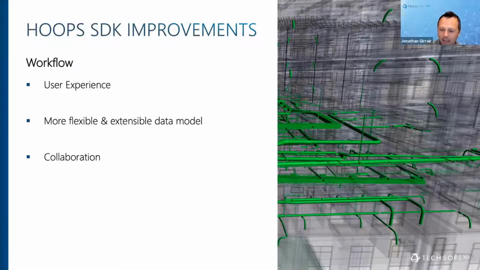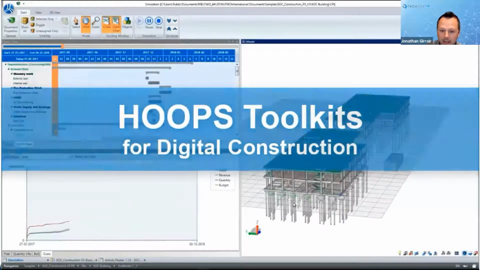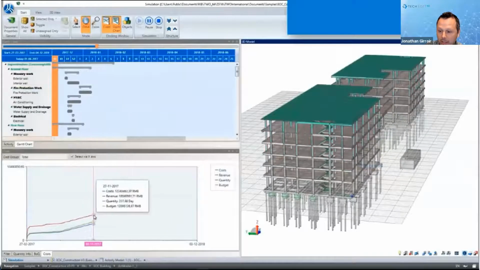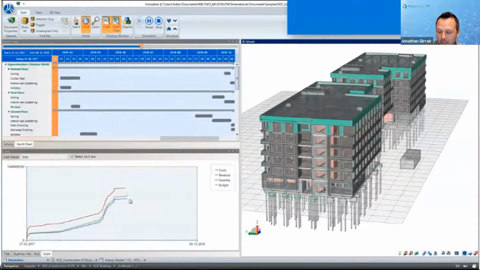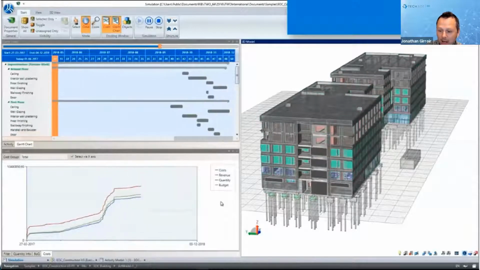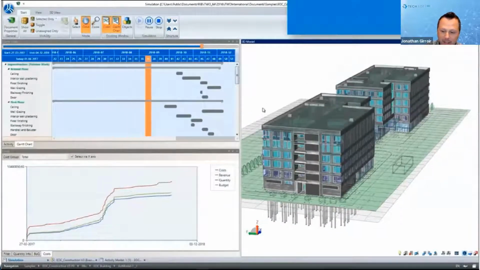Yeah, thanks, Eric. So let's take a look at first a few of the different partners that are working with Techsoft to bring different AEC applications to market. So here we see RIB's i2 5D visualizer, which looks at construction planning across time as well as domain. Those are the two other dimensions.